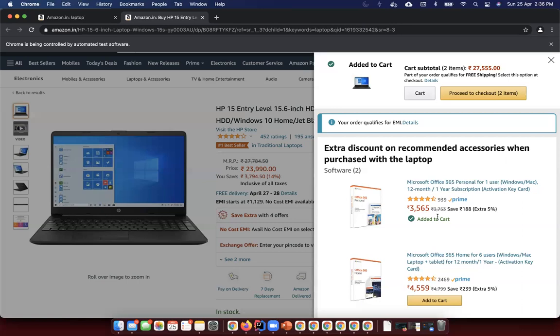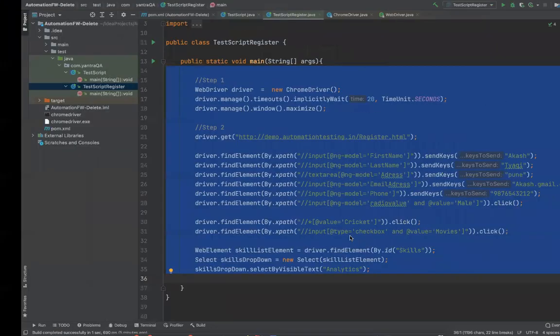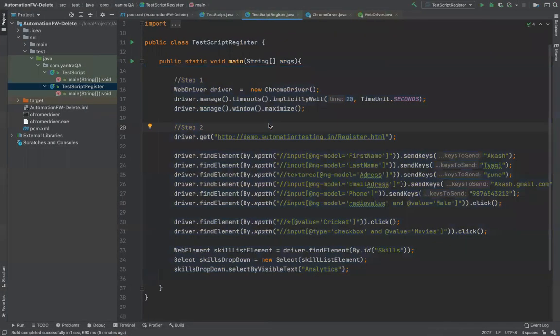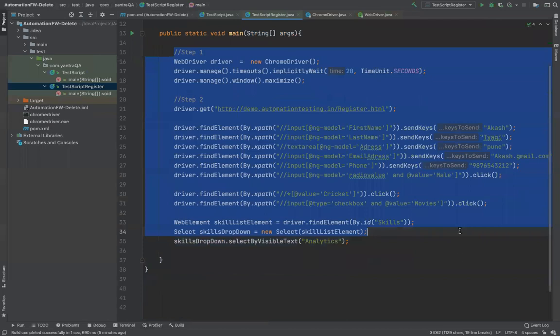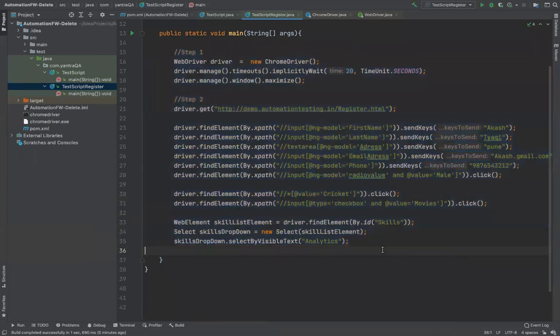So what software are we using? We are using Selenium. Selenium has a capability to automate or interact with the browser. So what we are trying to do here is to impart this intelligence of interacting with the browser or elements of the browser. And once we do that, we'll also put some assertions here. We'll put some validations.